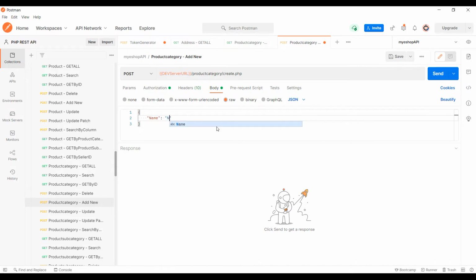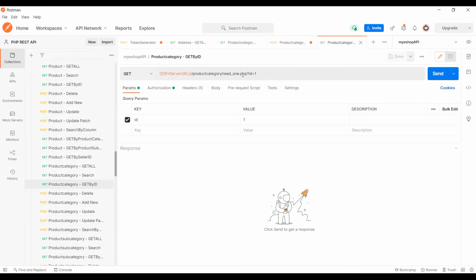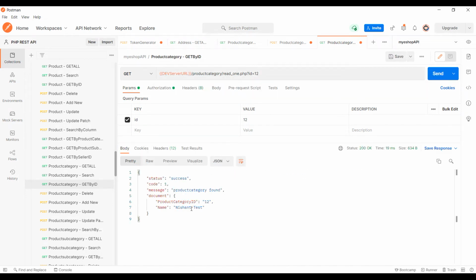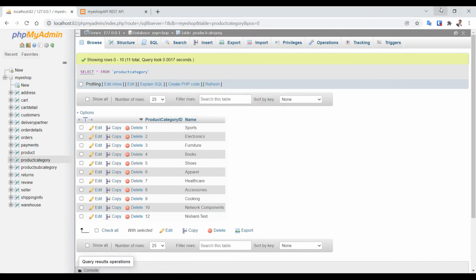I'll say Nissan test, and send it. Okay, a document is created with document ID 12. I can just get by ID, with 12 as the ID. You can see product category ID 12 is created with the name. And if I go to my database, I have Nissan test created.